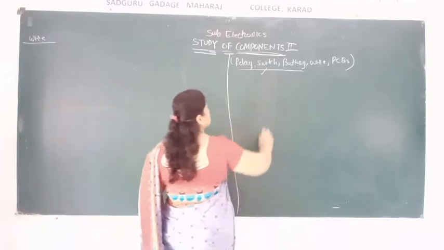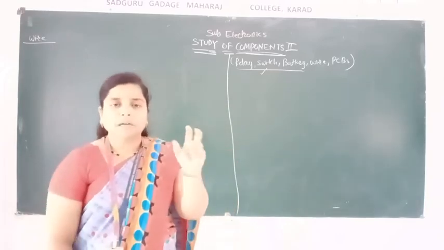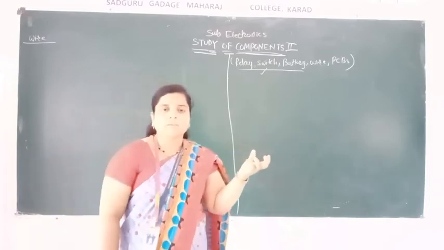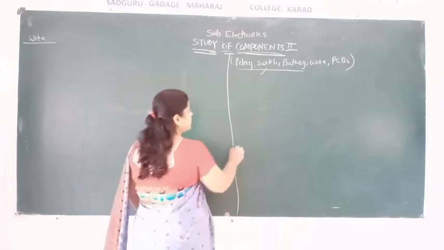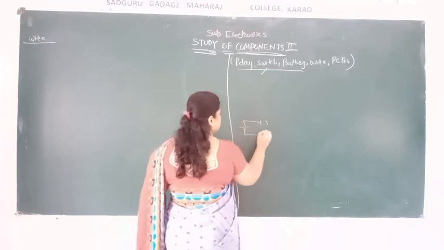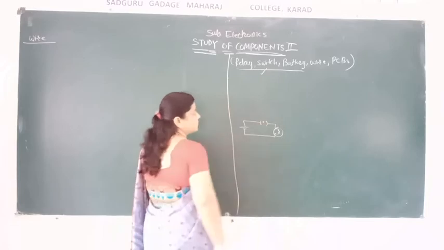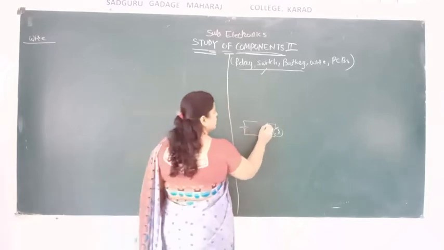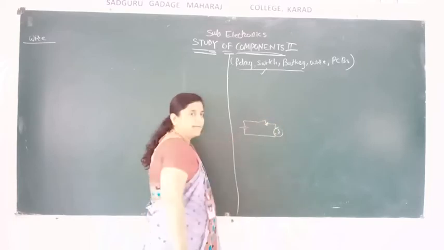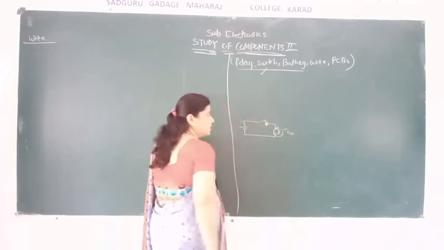Switch. What is a switch? A switch is a component which is used to switch the circuit on and off. I have given you one example of a key. Suppose it's a battery, and here you have connected the bulb. This is the key. If I draw the key like this and this key is connected, then supply will flow through this and the bulb will be in the on condition.